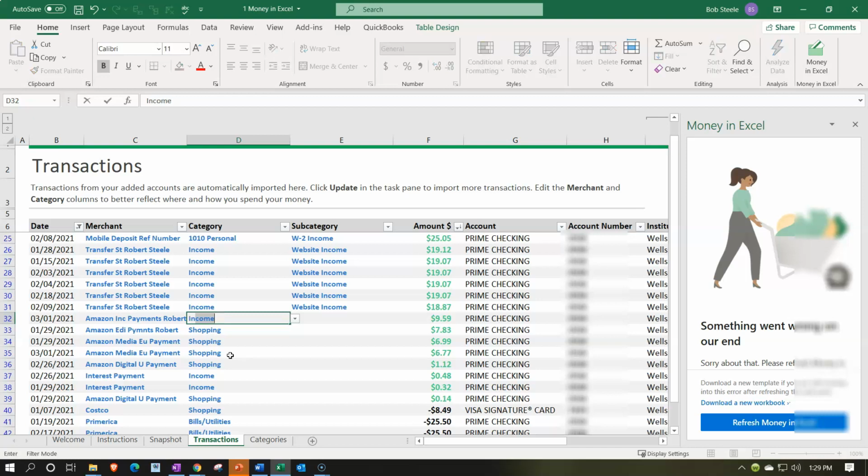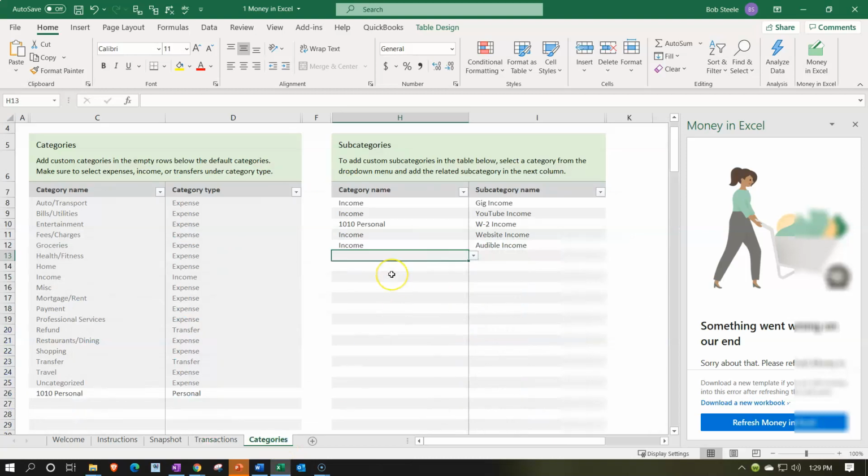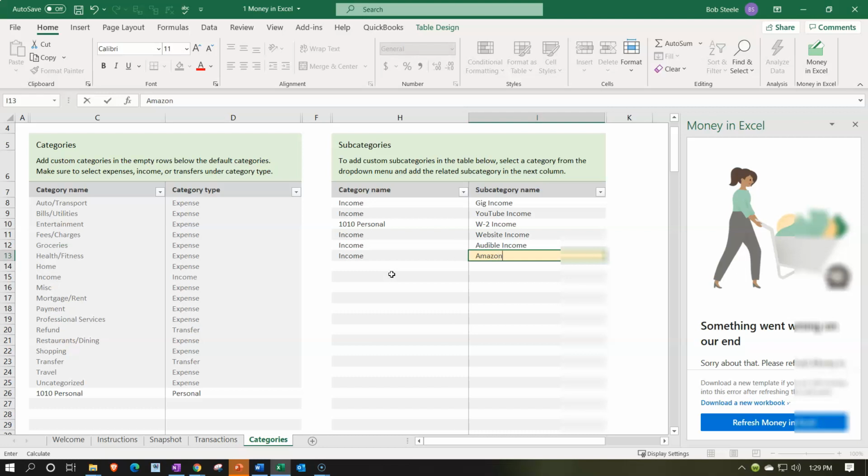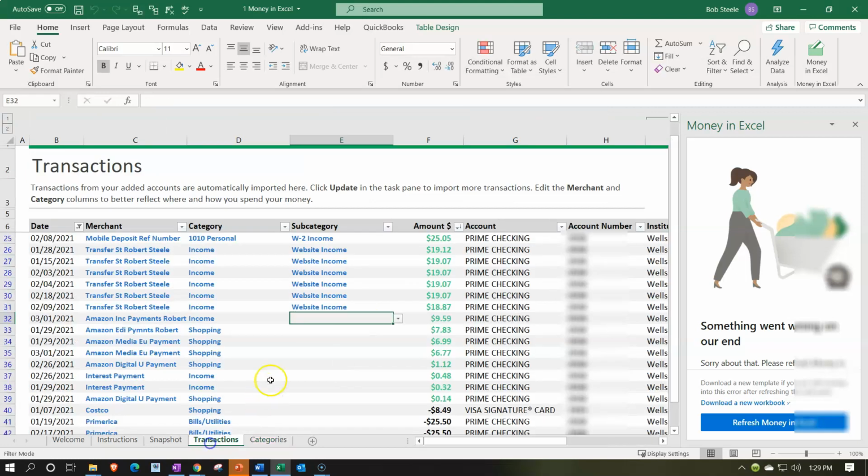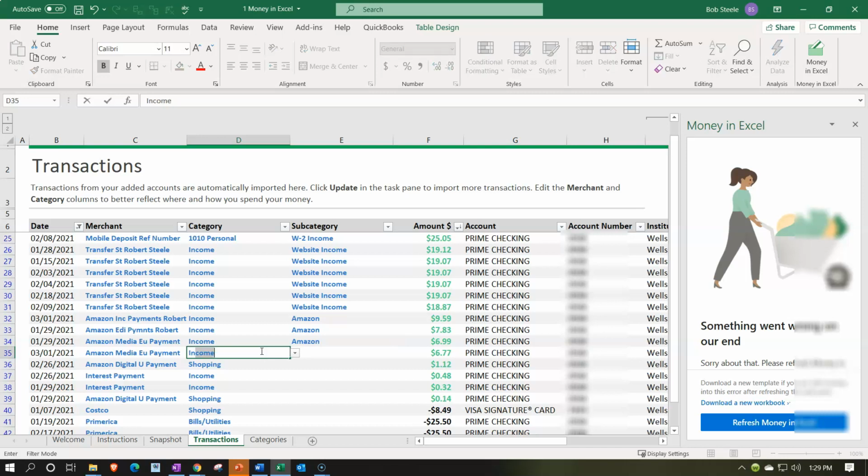So I'm going to say income, and then I might make another category that is going to be an income for the subcategory. I just call it Amazon income. So I'll make this Amazon for the subcategory. So once again, income, Amazon income. So notice it's trying to say shopping as an expense, even though it's a deposit,